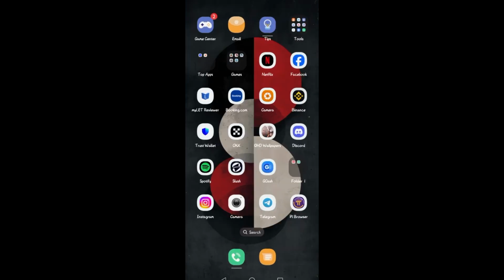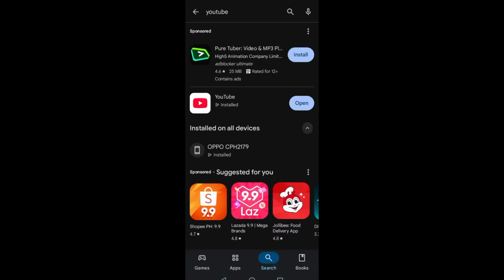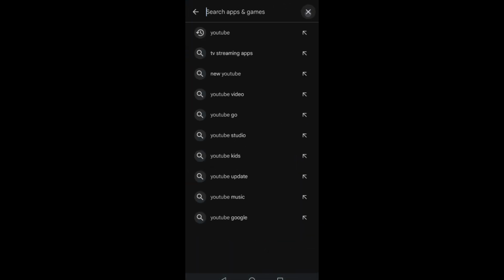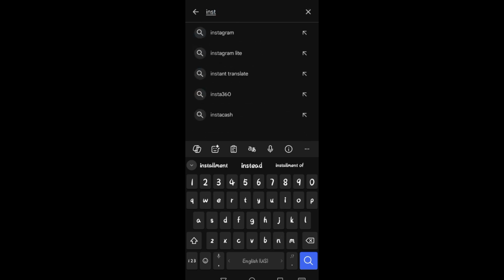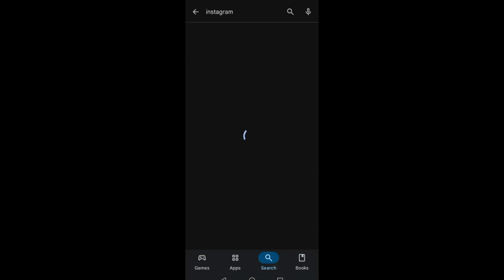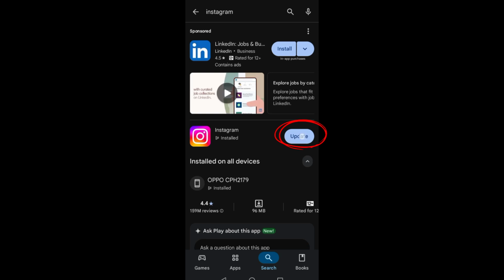And if you see an update button right here once you search Instagram, then you just need to tap on the update button or option. And basically, that's how easy it is to enable dark mode on